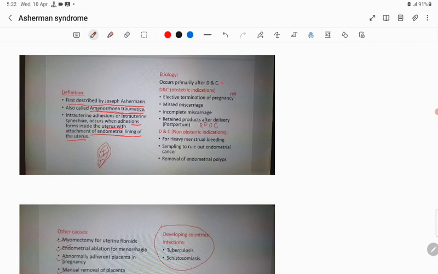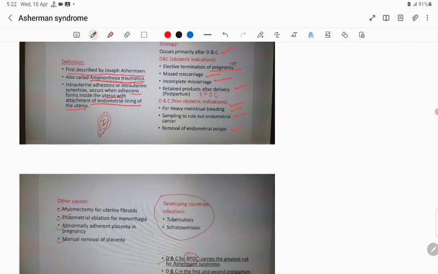What are the etiologies of Asherman syndrome? First, it usually occurs after vigorous dilatation and curettage. The indications are usually elective termination of pregnancy, miscarriage, incomplete miscarriage, retained products of conception. For non-obstetric indications, we do dilatation and curettage for heavy menstrual bleeding, AUB under evaluation, sampling to rule out endometrial cancer,